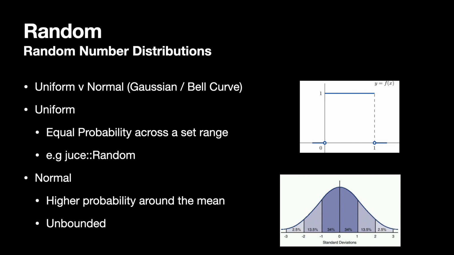In a normal distribution, 68% of the values will come within plus or minus one standard deviation of the mean. 95% within plus or minus two standard deviations, and almost 100% between plus or minus three standard deviations. Although more extreme values are still possible. In fact, it's unbounded and can go to infinity. So we'll have to consider that within our code. When I first wrote this, it did have a crash which was caused by a very rare